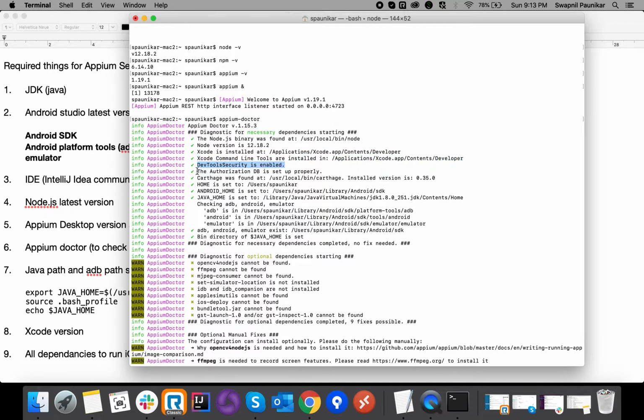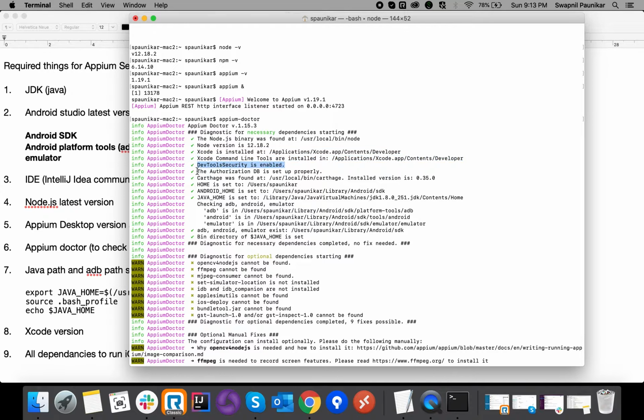Even suppose everything is there but I don't have Xcode, it will show the cross mark. Through this list we'll be able to see what the things are that we have to work on. Basically, we have to download the JDK, Android Studio, Node.js, and APM anyhow, but even after that, what are the other things we have to do, we can check here.